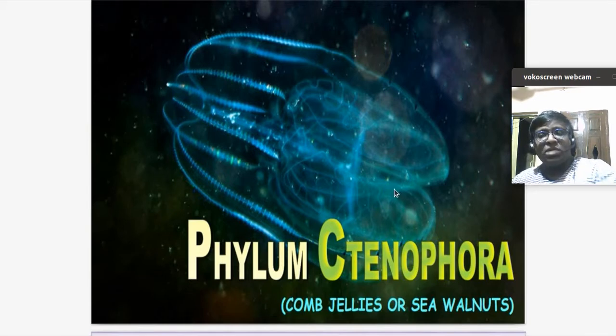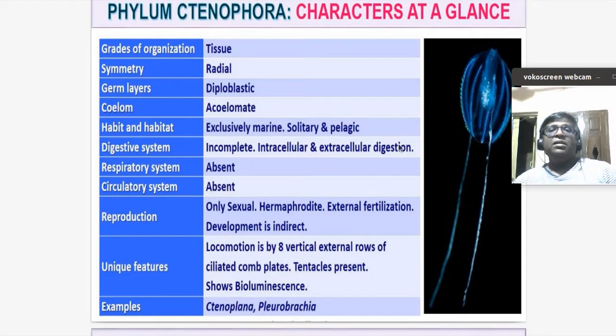So they have almost all the attributes of Coelenterata. They have a tissue grade of organization. They are acoelomates. They do not exhibit any germinal layers. So all those features are similar to that of Coelenterata, except that they have 8 rows of comb-like structures which help in locomotion. So the salient features of this phylum